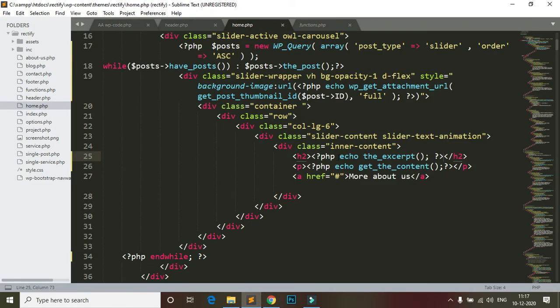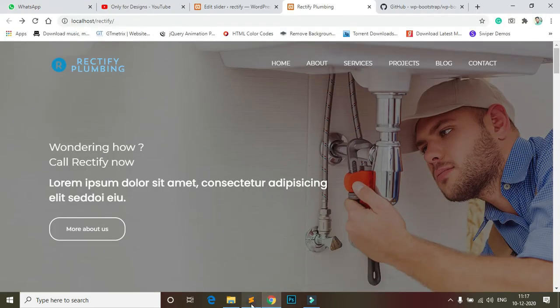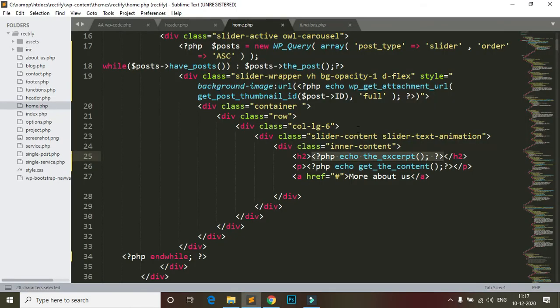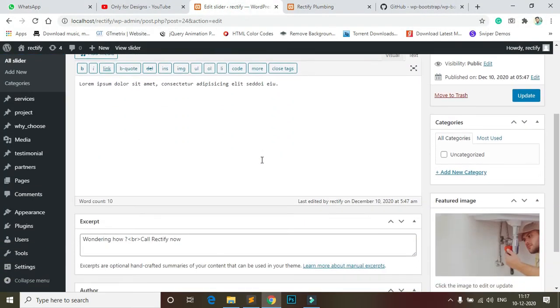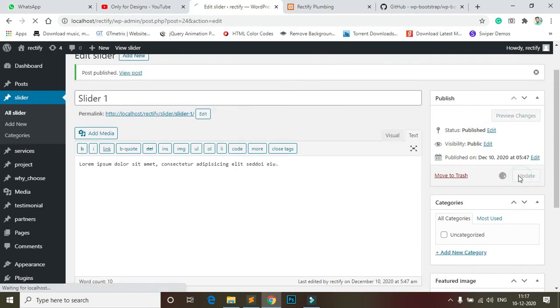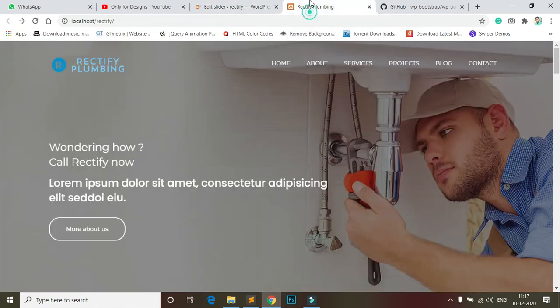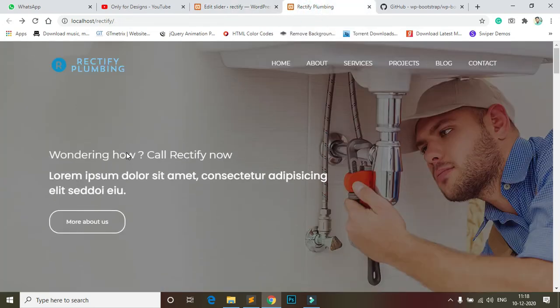So I need to change something, the H2 tag. I think I have some CSS issue in this site, so it doesn't matter. I can change it easily.